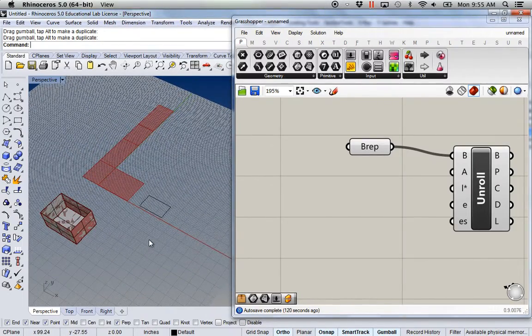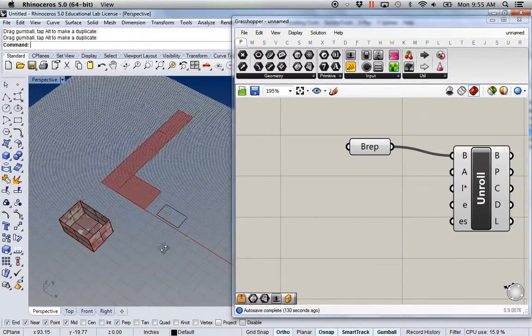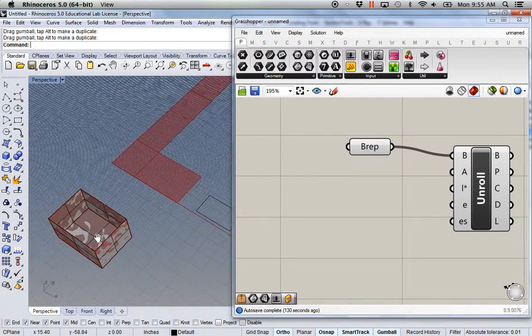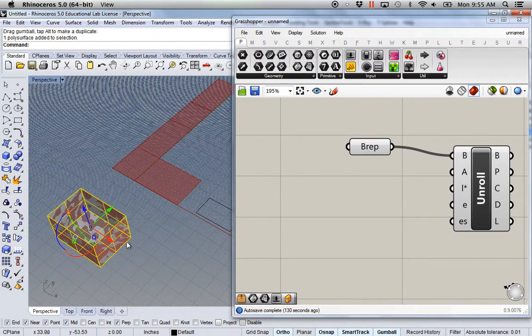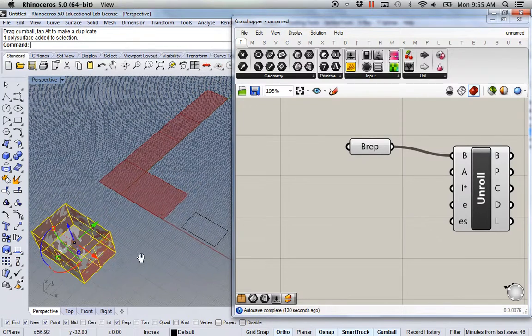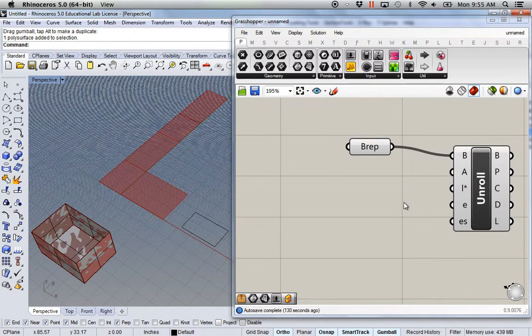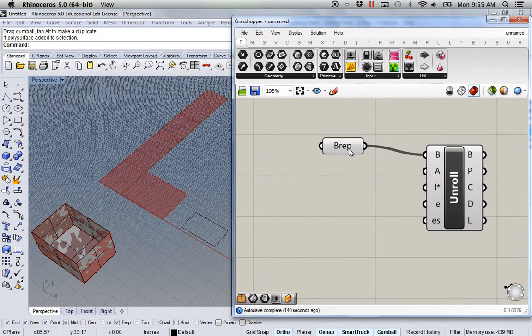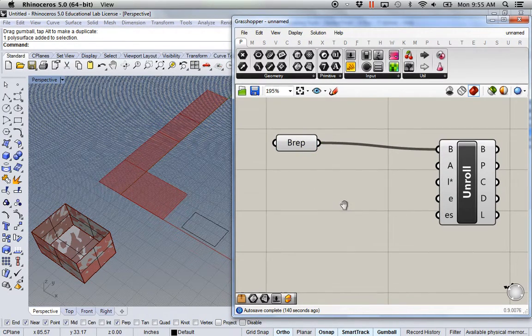And one thing I'm going to do is, instead of using my Rhino commands to scale and move and rotate, I'm going to start doing this within Grasshopper. So the first thing I want to do is scale my object because the unrolled part is coming out too large. So I'm going to just, in Grasshopper,